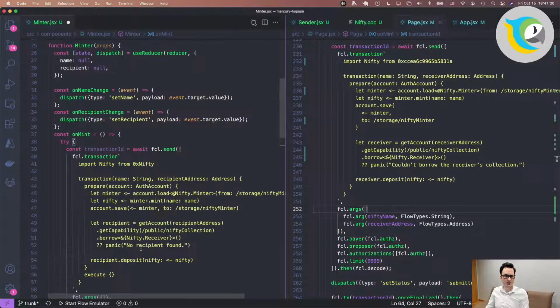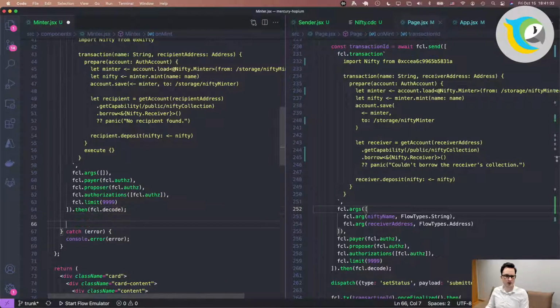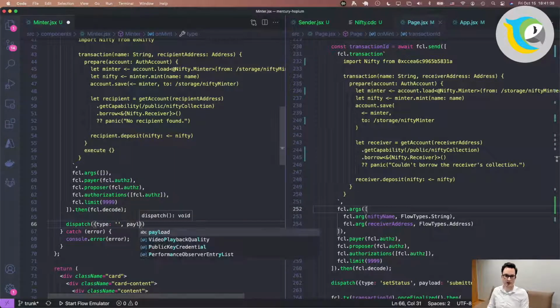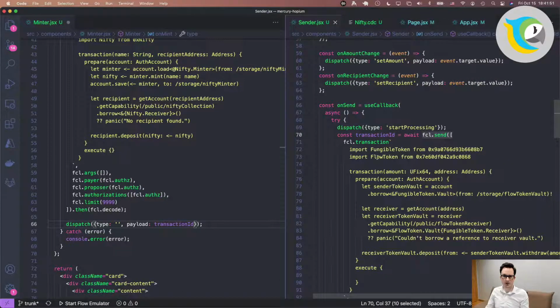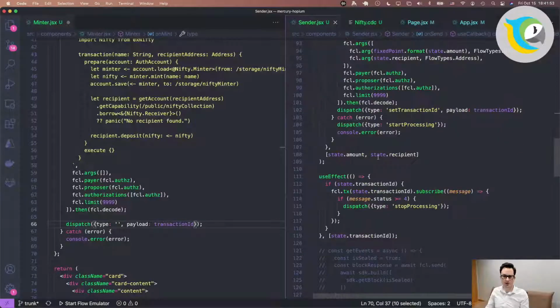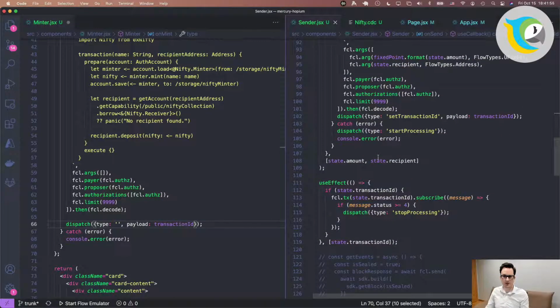and what we should do is dispatch a specific type of action. And payload is going to be the transaction ID, and this is going to be, let me think, something that we, let's see here.